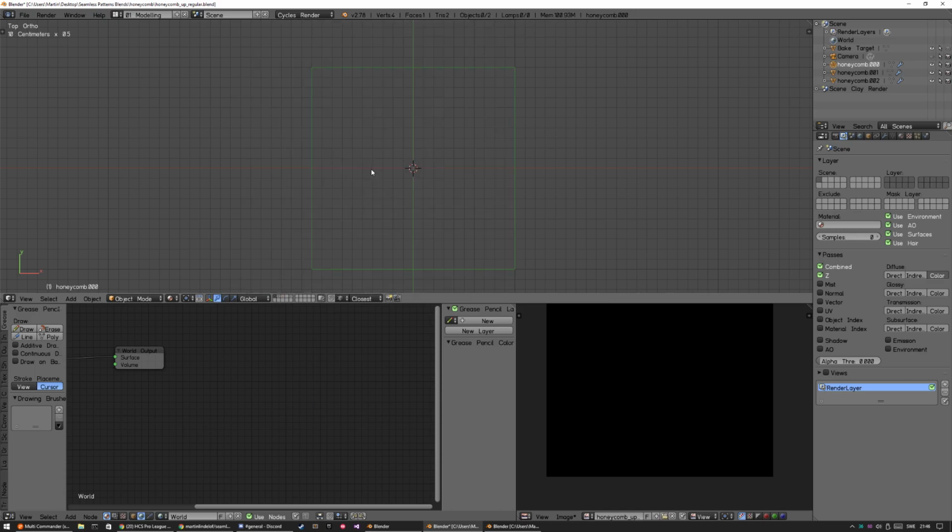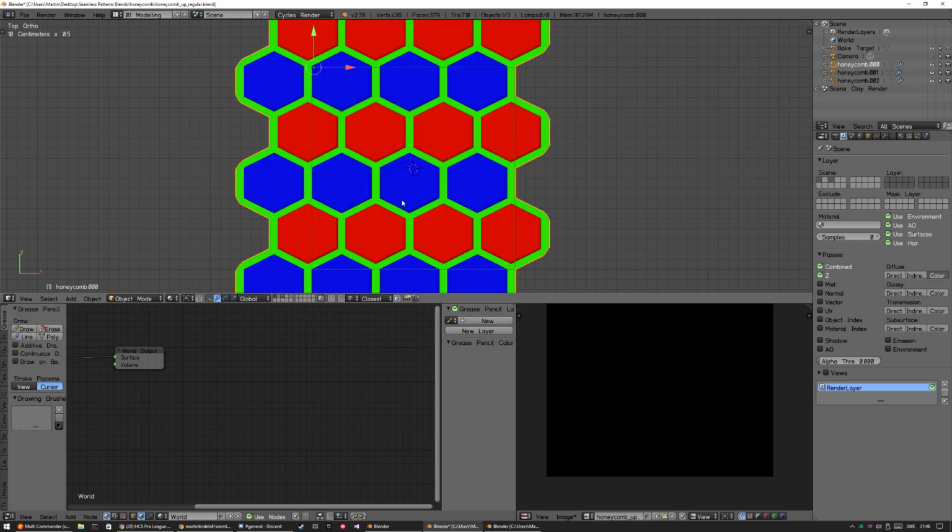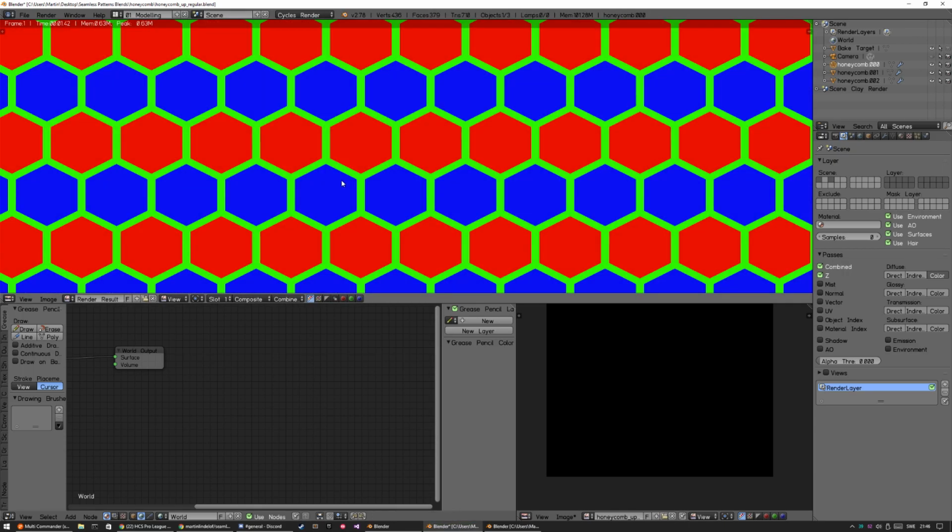I go to layer 1 and 3, hit F12 again to render. So now I'm going to get the pattern in RGB, and I can check the values here by clicking and holding, and you can see it's perfect blue with 1.0 on the blue channel and 0 on the red and green, and the same for the green one. It's perfectly green, and the red is perfectly red. So I'm going to save that one